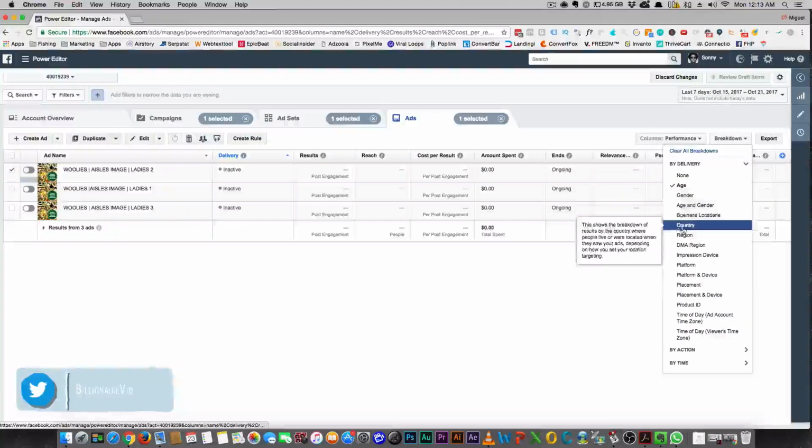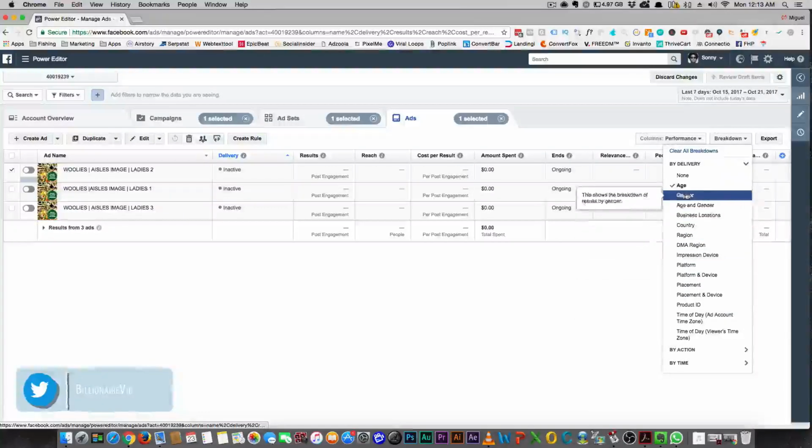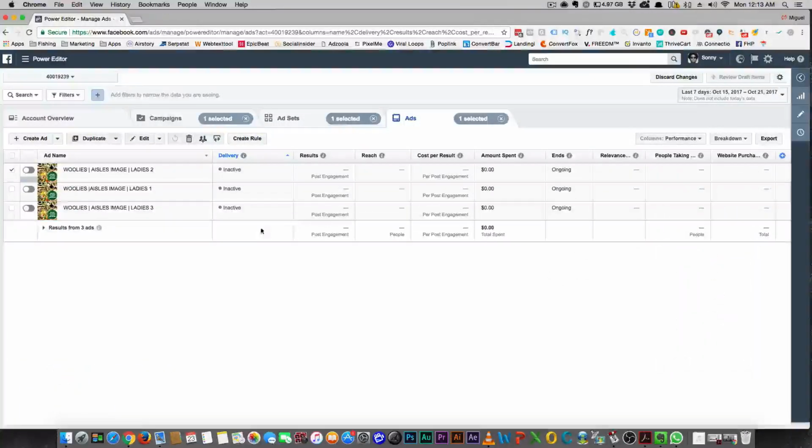I also looked at the location that they were in. Like, I wanted to see the city that they were in. What cities, because I was running this in the whole country of Australia. I started to see that the whole country wasn't clicking on the ads, and there were certain cities that were doing more clicking than others. These are bigger cities in Australia. So I started dwindling my ads down in order to make them work.